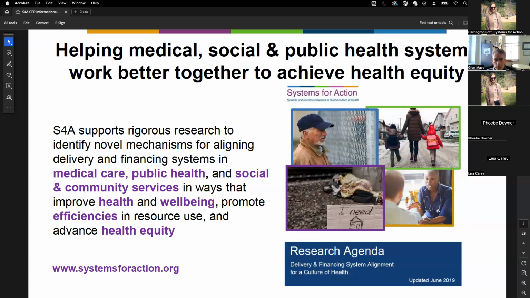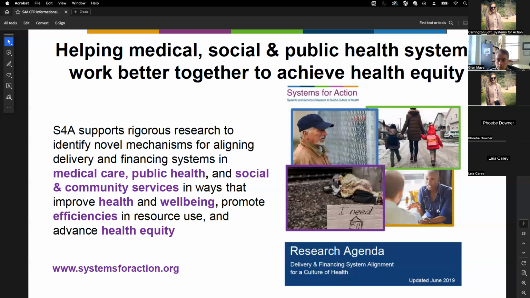And Systems for Action, our focus is conducting rigorous research to help us learn about strategies that are effective for aligning medical care, public health, and social services systems, specifically helping those different systems align their efforts, align their work in ways that can improve health and well-being, and especially advance the cause of health equity. So in short, we're studying new ways of helping medical, social, and public health systems work together to advance the cause of health equity, to dismantle structural racism and other forces that produce and sustain inequities in health across American